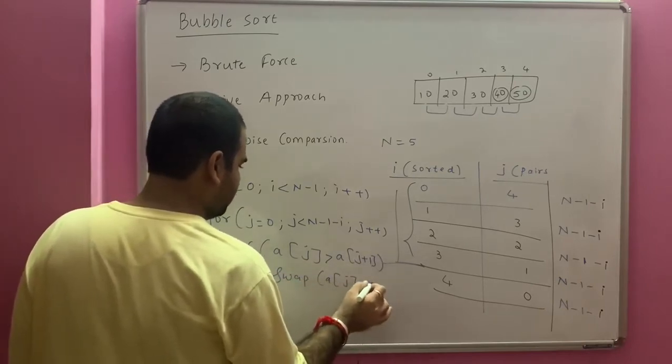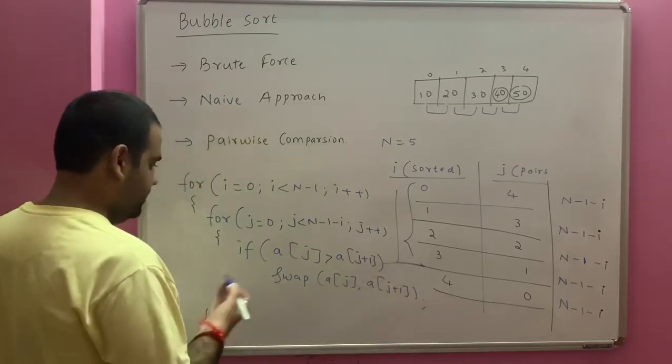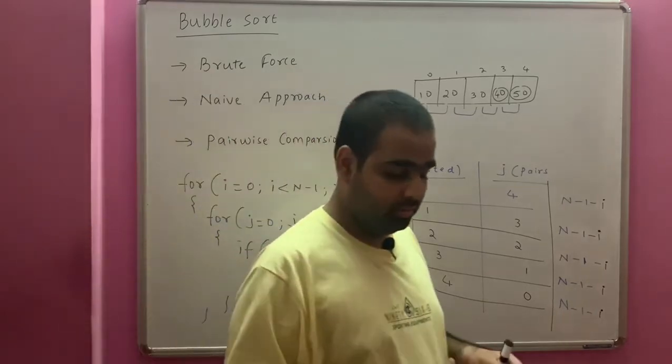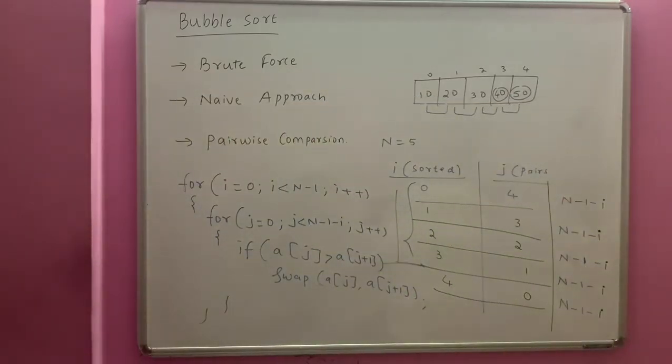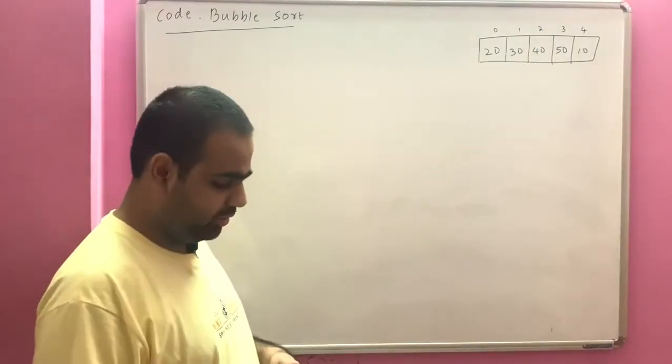This is just the algorithm I am writing. I will write the code in some time. You swap it and you see this becomes the bubble sort. Please pause the video and make a note of it. Then we will see how we write the code for the bubble sort. Thank you. Let us see the code for the bubble sort.